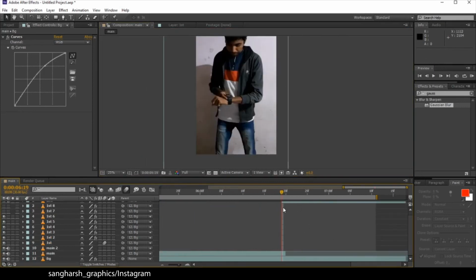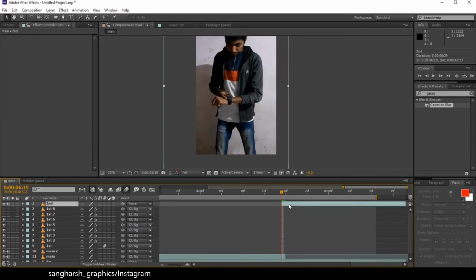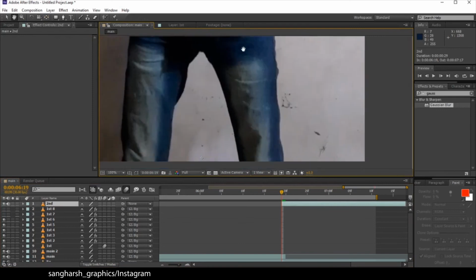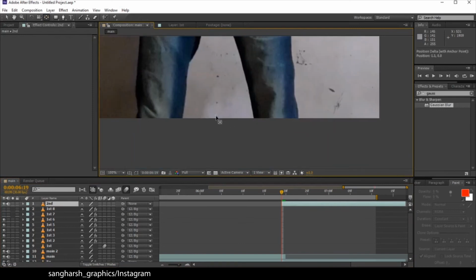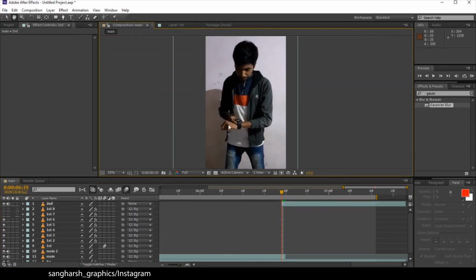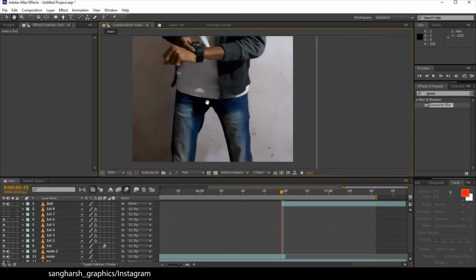Come to the second layer, select it. Let's just adjust its anchor point first. Let's just make it up to the center. Okay, we have to now again mask this one also.